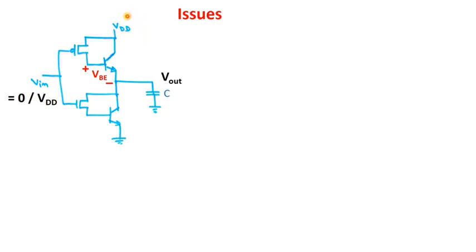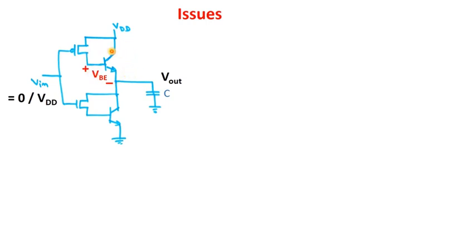The answer is no. V out cannot reach VDD. The maximum voltage of V out can only be equal to VDD minus V of BE. Why? Because this V of BE, or the base to emitter voltage, whose value for a silicon device, as you know, is around 0.6 to 0.7 volt, has to be applied across the base to emitter terminal to keep this NPN